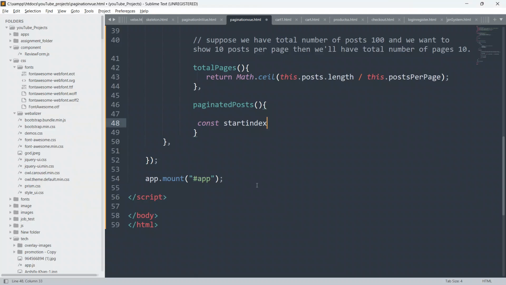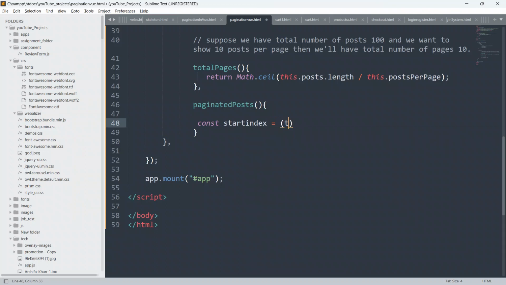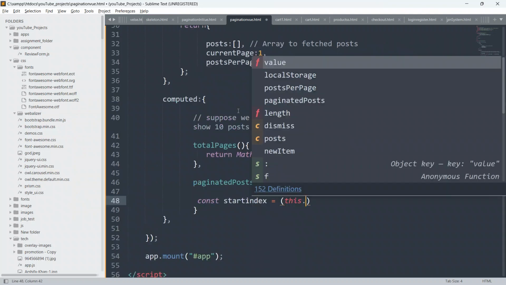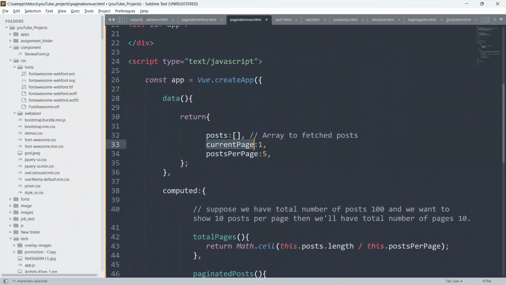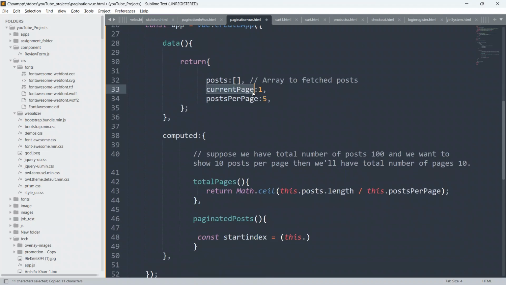So I'll say startIndex equals, in parentheses, this.currentPage. As of now you can see the current page is 1.